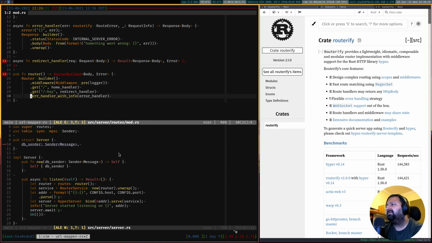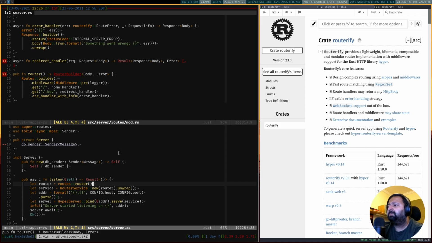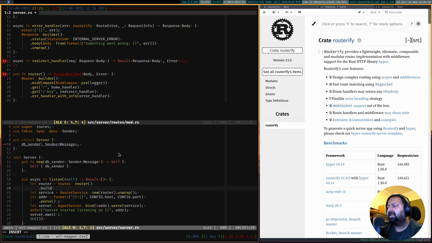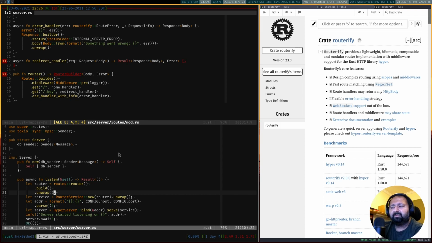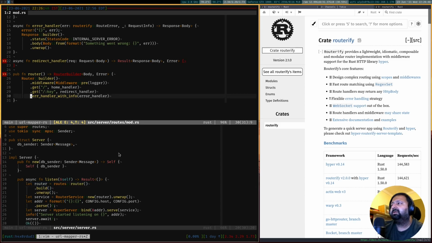The reason for that is that it allows me to build my route within the server, right? And the reason this is useful is, of course, I can then look at the APIs which will allow us to share the database sender with the routes in a slightly nicer way.